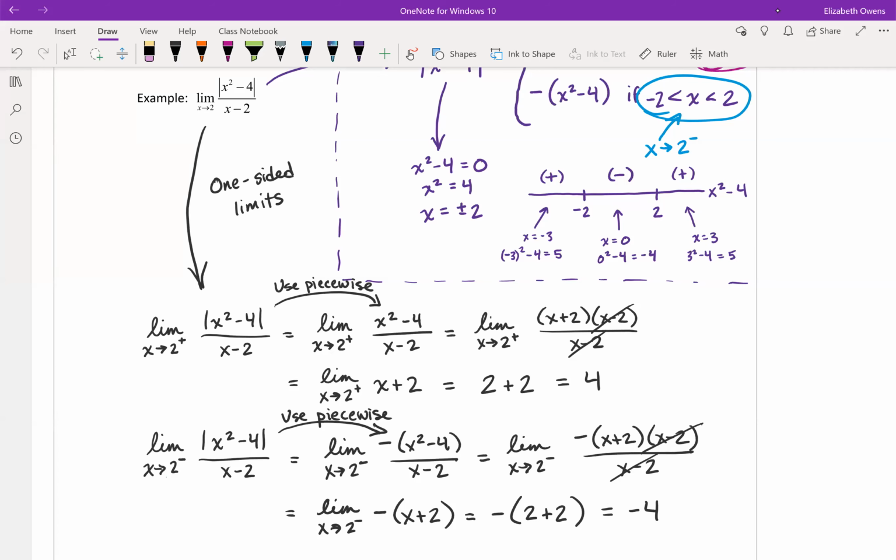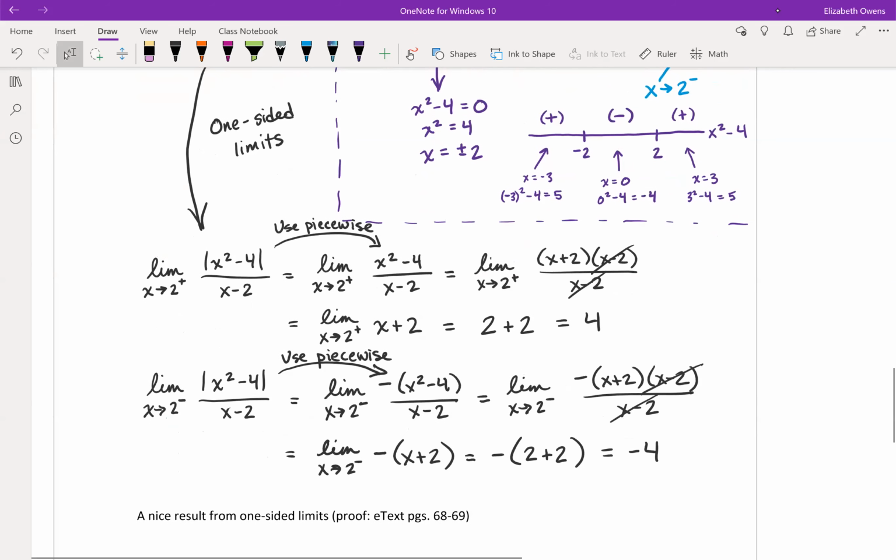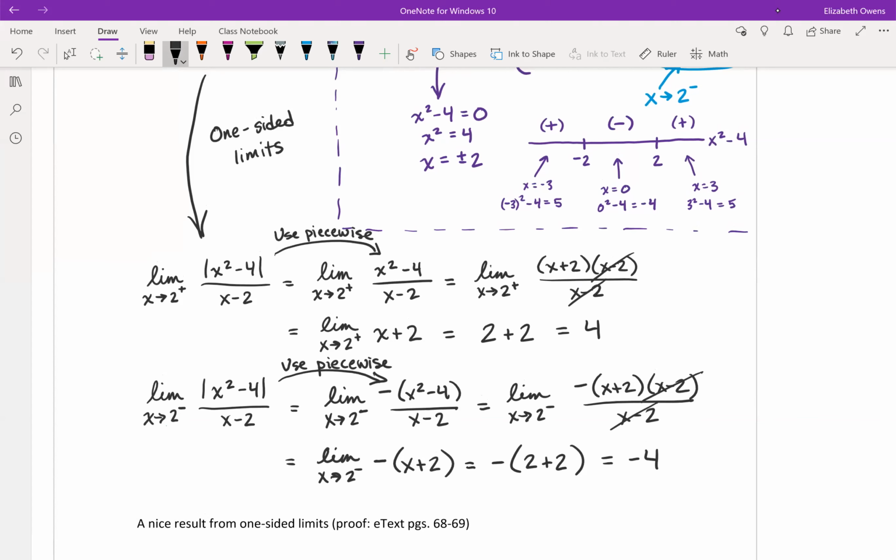The y values don't match up. So our conclusion here is that the limit as x approaches 2 overall of the absolute value of x squared minus 4, over x minus 2, does not exist. That is our final answer